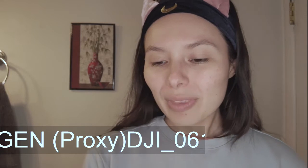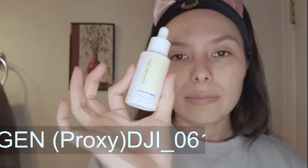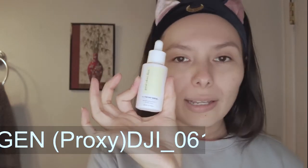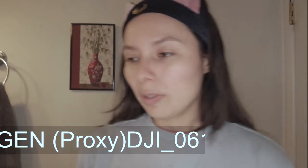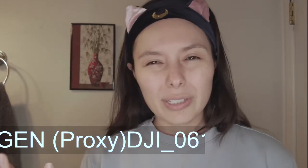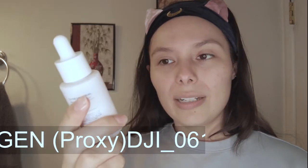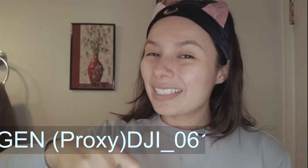And then I'll use some vitamin C serum. So this one I got off Sokoglam. It's from their Good Skin Days skincare line, I guess. So it's this one, and it's my first time using it. I've only been using the vitamin C serum for a couple weeks. I haven't noticed a huge change, but again, I only do this on the weekends, so this is something I would like to use more regularly. I'm sure if I used it daily, I'd probably see results a lot faster, but I like to sleep in, so